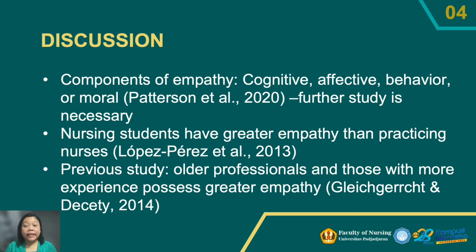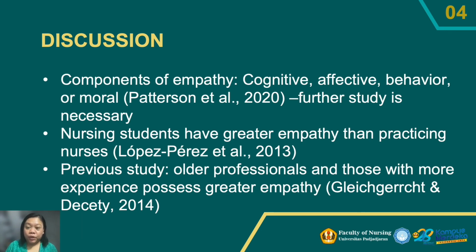Only one qualitative study identified 4 empathy components, which are affective, cognitive, behavioral, and moral, by Patterson in 2020. This necessitates additional research on empathy components. Additionally, nursing students have greater empathy than practicing nurses, according to Lopez Perez et al. in 2013. Previous research contradicted that, finding that older professionals and those with more experience possess greater empathy, by Gleichgert and Desity